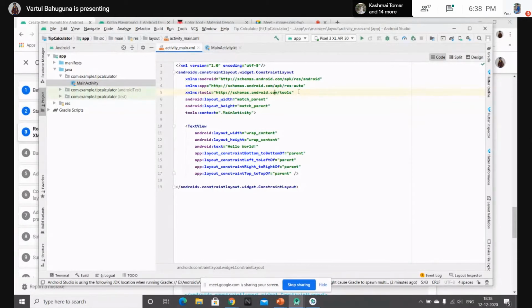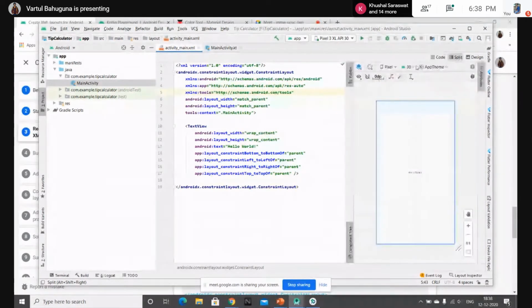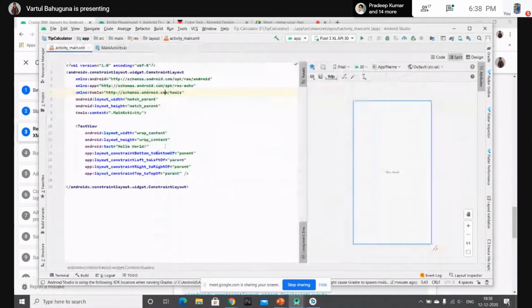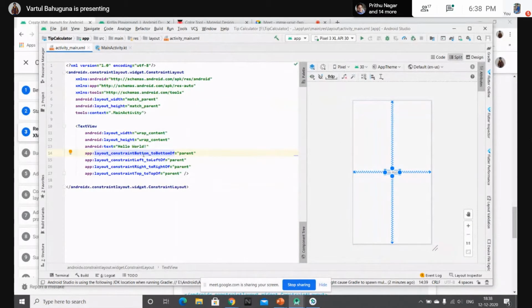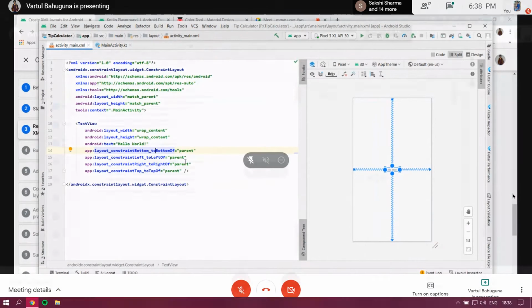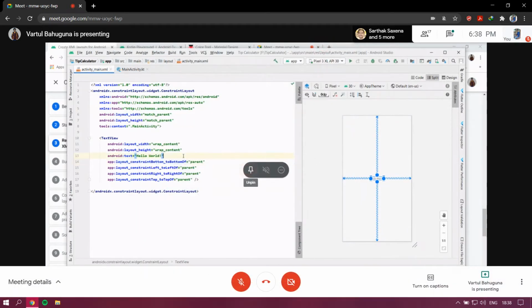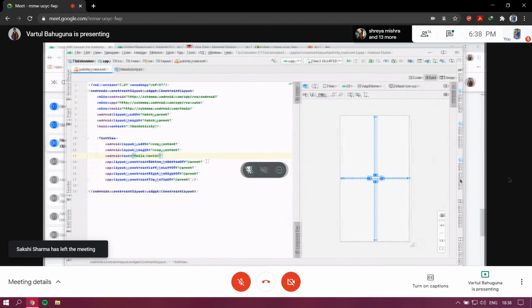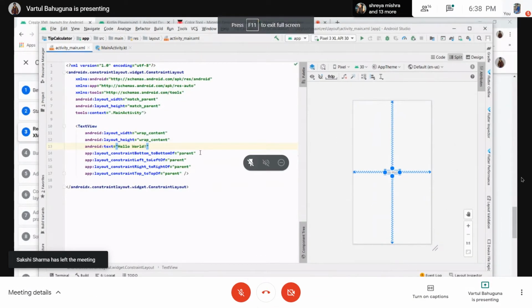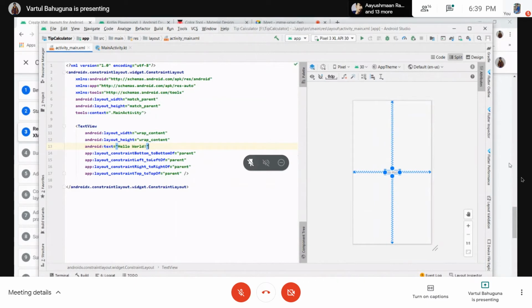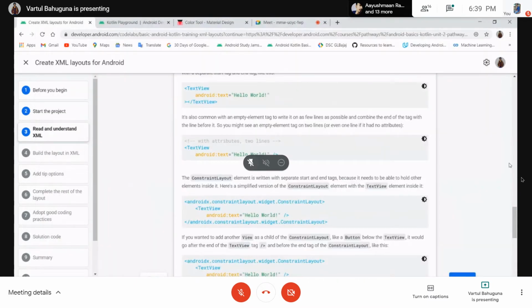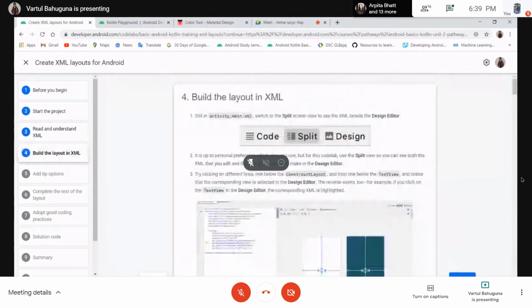And then in constraint layout there is a text view. You can always split it and view the code and the design together. So when we click on the text view, it shows that here's a text view, and here the constraint, like bottom to bottom of and the left to left of. You don't need to mug up or remember all these attribute names. You can always type a bit of it, and then you will find it in the suggestions. We will see it while we are using our IDE. So here it's all about reading the code in XML.